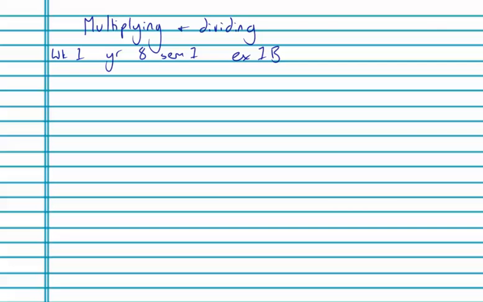Multiplying and dividing. Just like adding and subtracting, we can use an algorithm to multiply and divide when we write out our working in our books, or we can use some mental strategies. So when we're multiplying in order to find the product of two numbers, for example, if we need to do